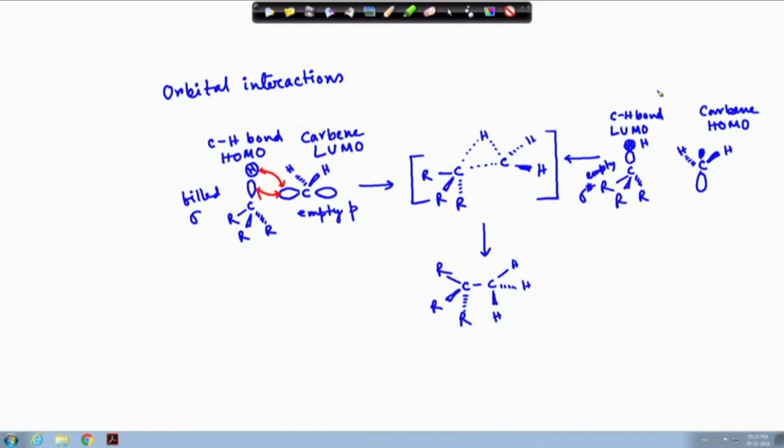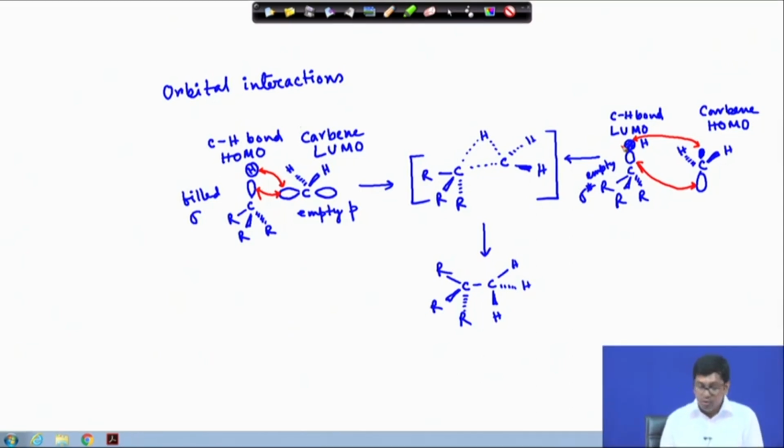if we check its sideway approach again, that can nicely give bonding interactions. So, either you consider the carbon hydrogen bond HOMO and carbene LUMO, or the carbon hydrogen bond LUMO and carbene HOMO, in both cases this will give you the bonding interactions. Here it is the empty sigma star and this one is the filled sp2. So, these are the orbital interactions that show how the singlet carbene can be inserted into a